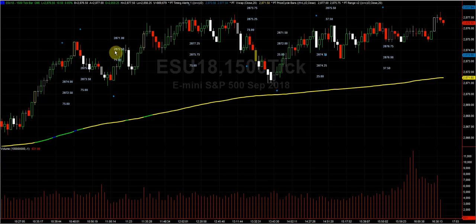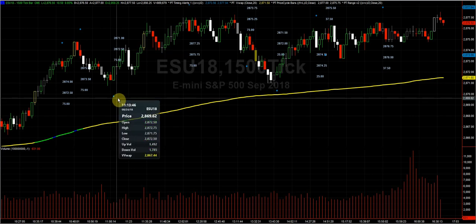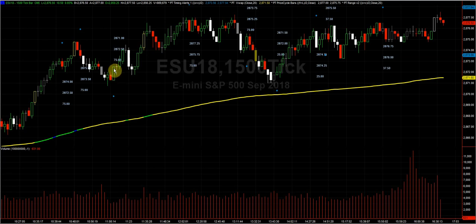Here's your entry point right here at 72.50, and here's your stop at 71. So you're going to get in at 72.50, and if it goes down to 71, which would be a $75 loss, you're going to stop at that point. So we would place our entry at 72.50, and 72.50 is actually where this opened. It went up to 72.75. So at this bar, we enter in 72.50, and